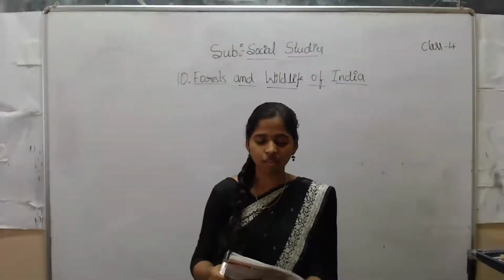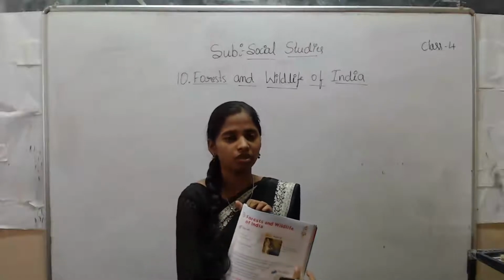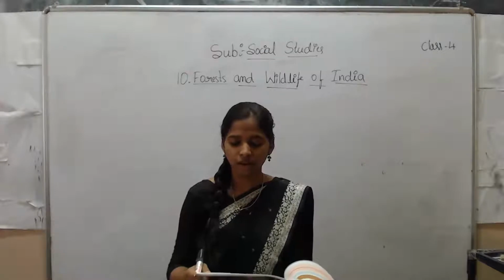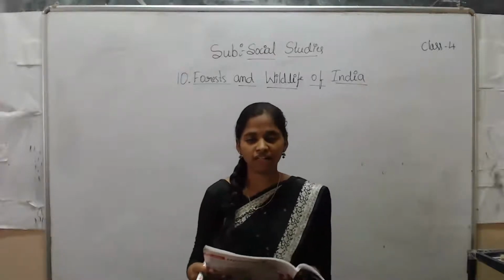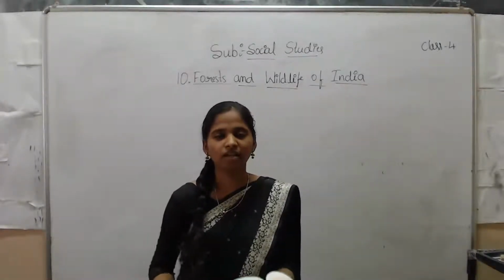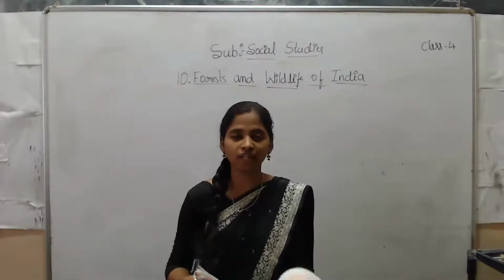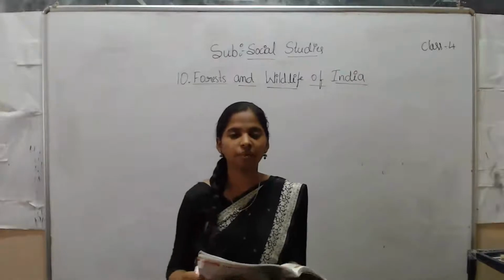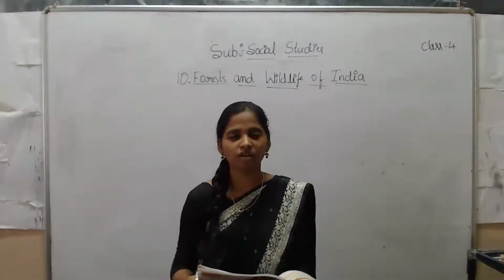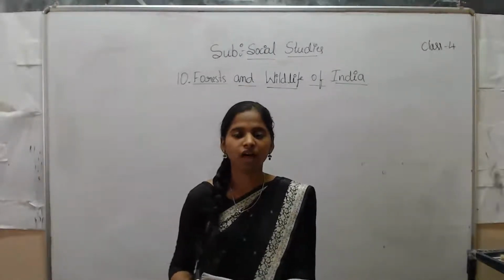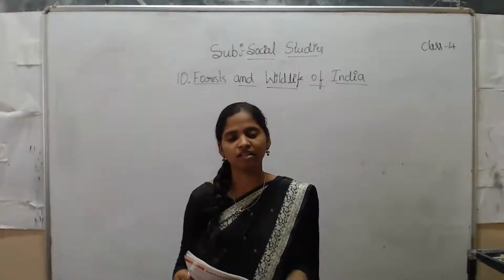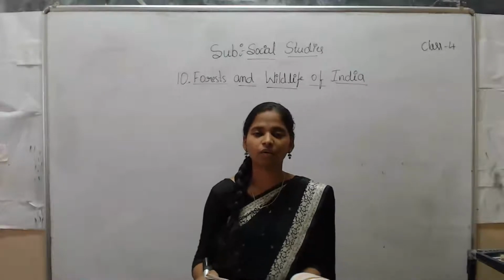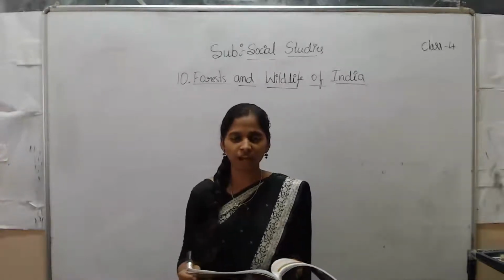Then there is one column. See here, there is a picture of a tiger. The question is why are laws being made to prevent killing of tigers? Why has the law been made that the tiger should not be killed? You should answer this question. You can get this answer with the help of your parents. You can ask them and you can search the internet for the answer.